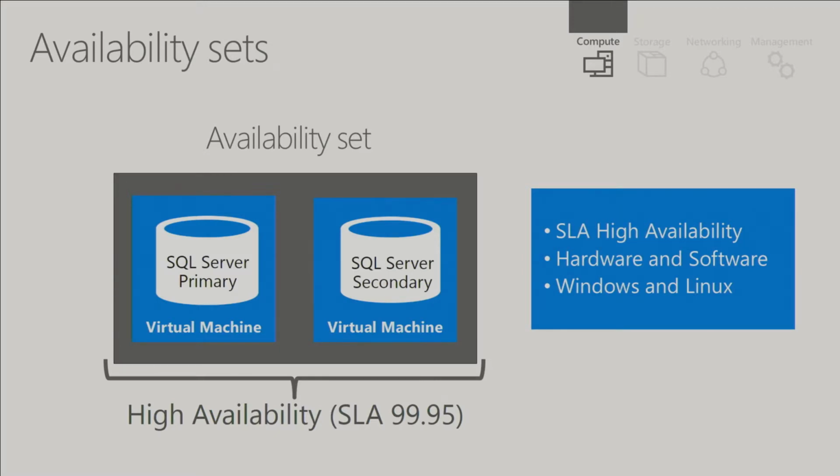What an availability set does is allow you to deploy a set of machines, two or more machines, into this set. The Azure platform will then handle those specially to make sure they're spread out so that you do not have any impact from a hardware failure, software failure, or software update process. This applies both to Windows and Linux. When you deploy your machines, you specify, I want these in